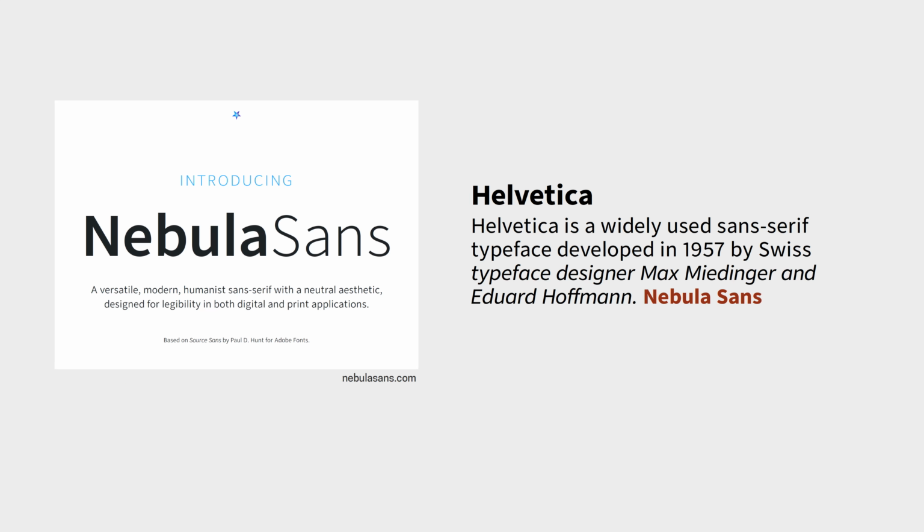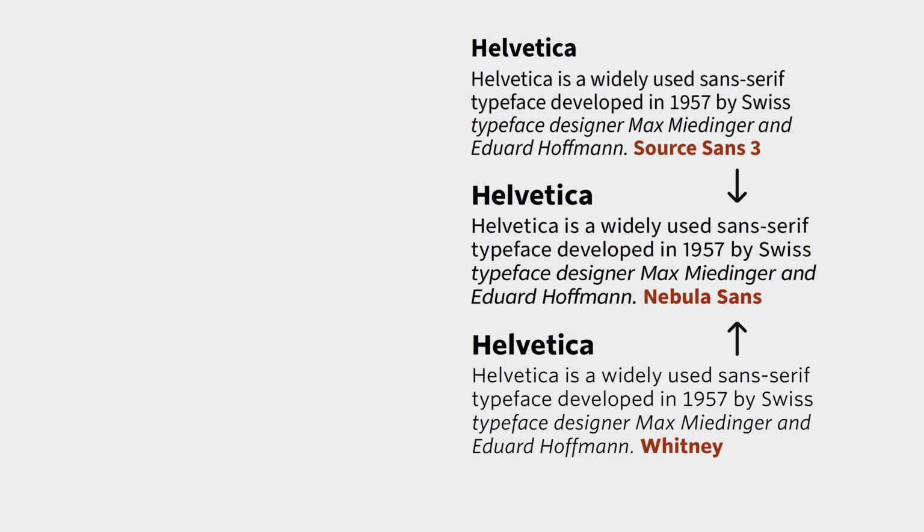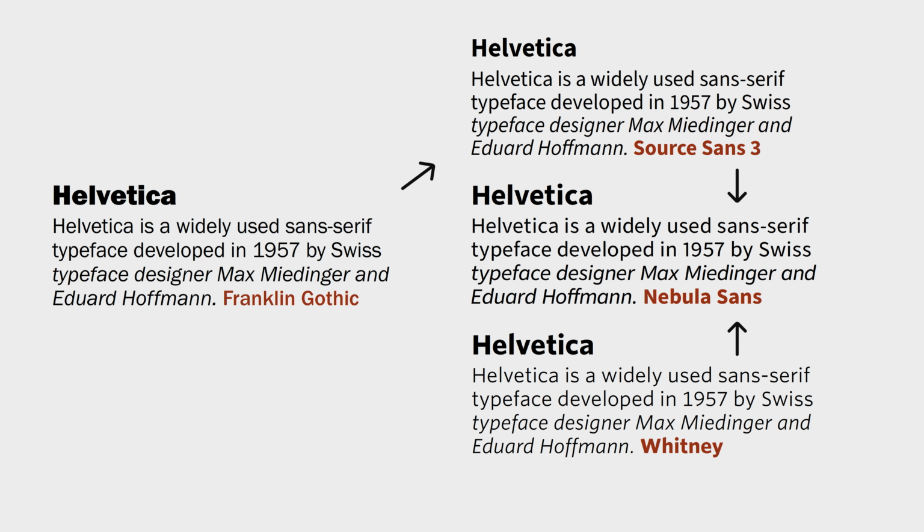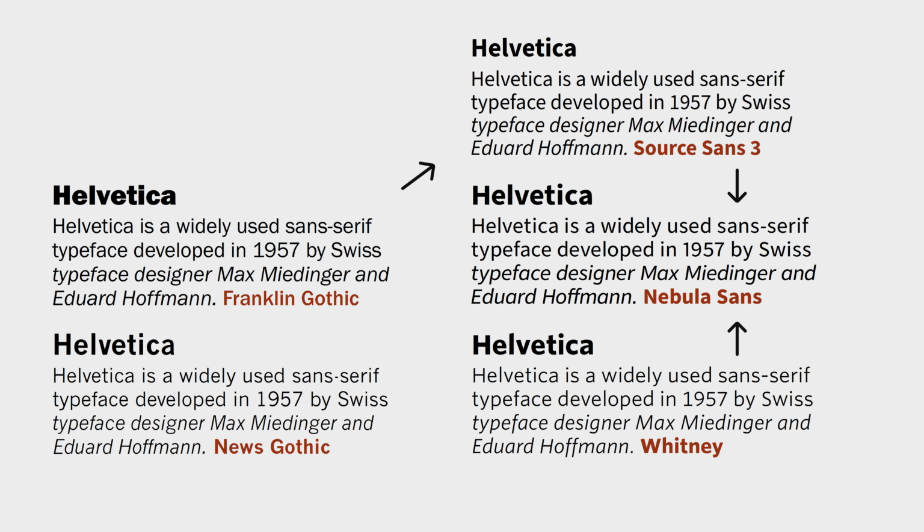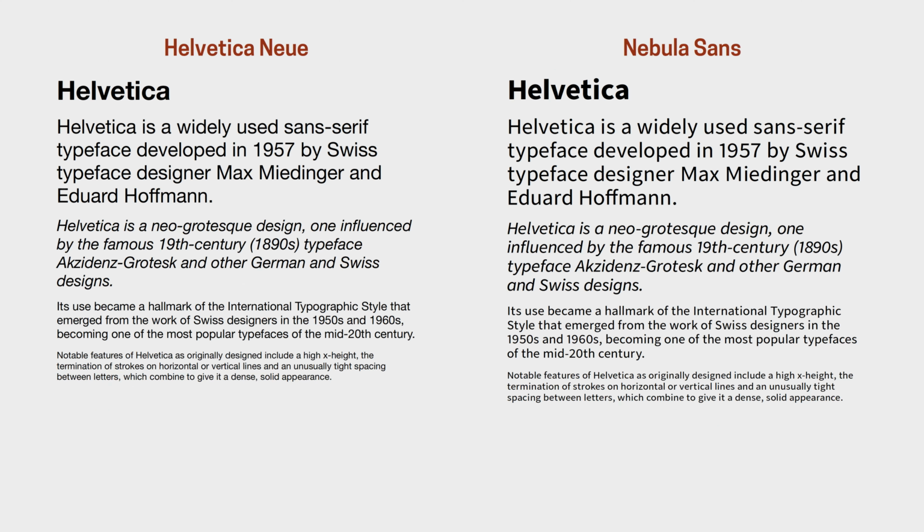The last of my free font recommendations is Nebula Sans. This font is a version of Source Sans 3 that's been tweaked to be a drop-in replacement for Whitney. Source Sans 3 is based on Franklin Gothic, or technically News Gothic, which is Franklin Gothic's lighter weight version. As it happens, Whitney is also partly based on News Gothic, so the lineage from Franklin Gothic comes to Nebula Sans from both directions. When you compare Nebula Sans, which is on the right, to Helvetica, you can see that